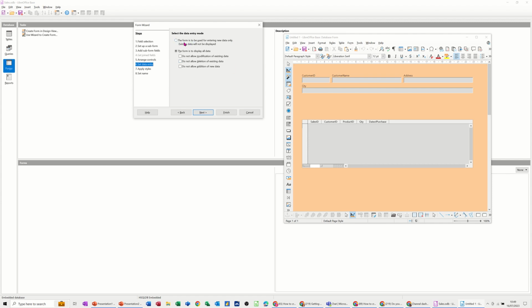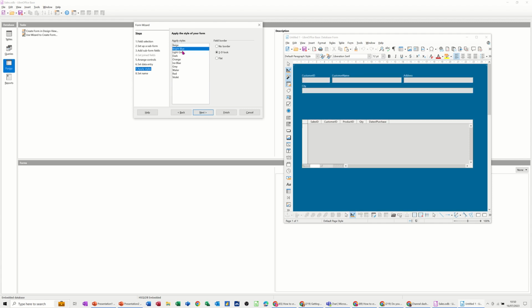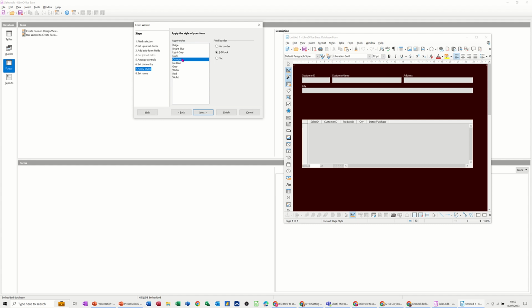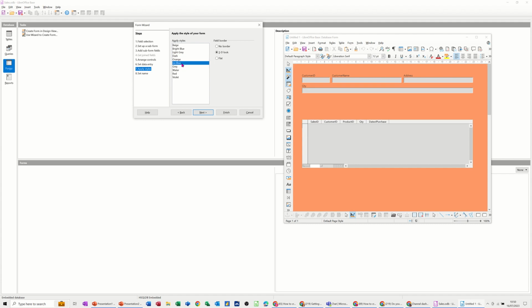The form is to be used for entering new data only. Existing data will not be. I don't want that. The form is to display all data. Yes. Next. Style. Light grey, dark. It's up to you what colour you pick here, but some of them are ice blue. Looks a bit green to me, but never mind. I'll go for that one. And the form is qualified with FRM, so I'm putting FRM in front of that, and then I'm clicking finish, and then it should create my form,